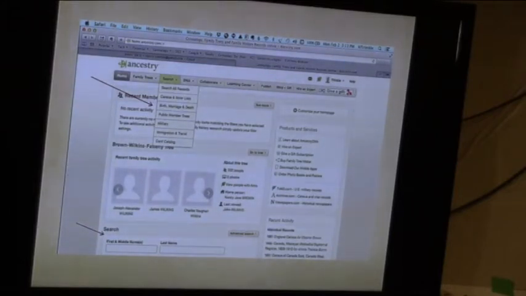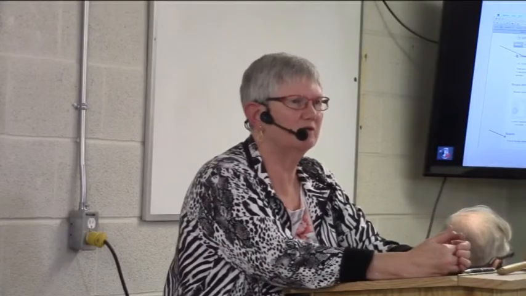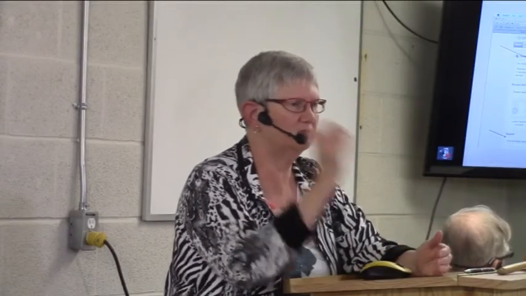So here's a tip on searching genealogy websites. Don't start with a generic search on the front page. You'll probably put in too much information and you won't find anything. You know, you might put in where the person was born, but the record doesn't say anything about where they're born, so it kicks that record out and you don't see it.